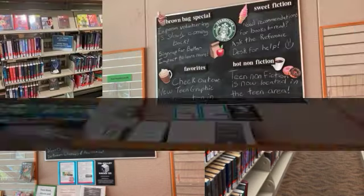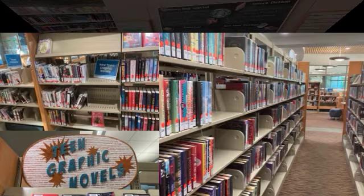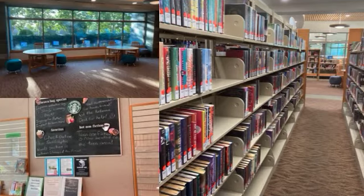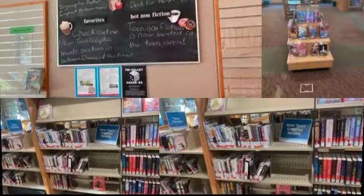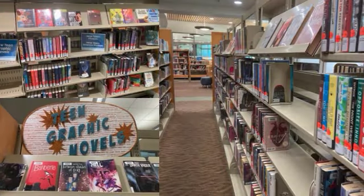While there are some things that the library could do to improve, overall they have done a decent job of trying to make a teen space, but they could try to make it somewhere that teens can call home,